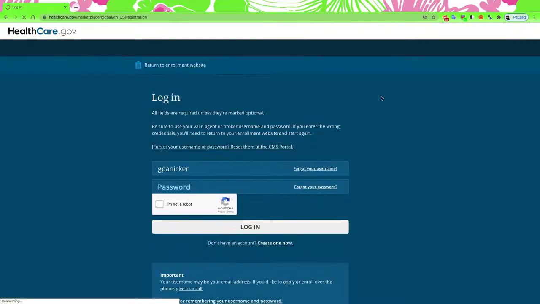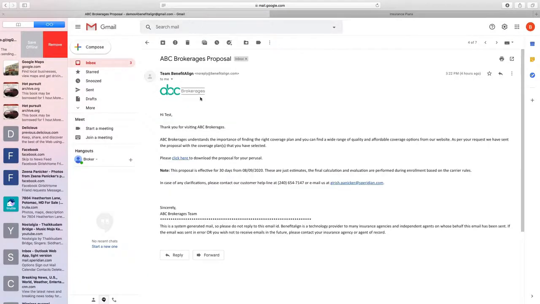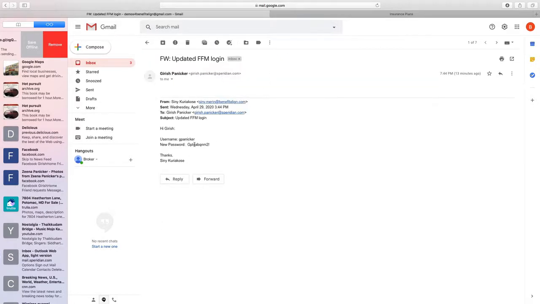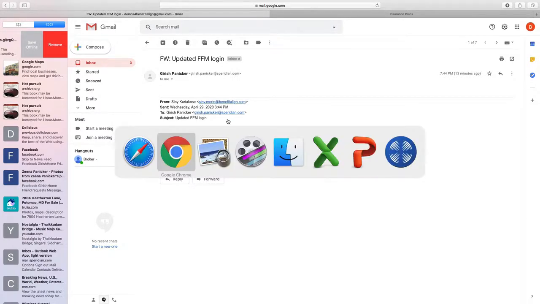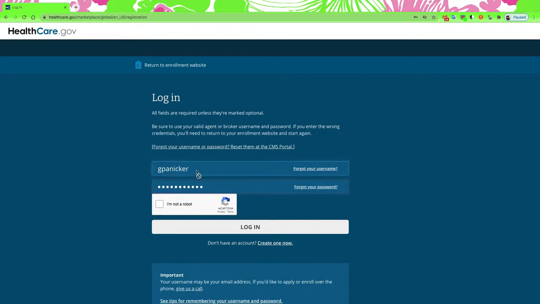Whereas here, let's say if you want to do only marketplace enrollment, all you have to do is go in, and let me just go through my marketplace ID, just 1 second. There you go. All I have to do is log into my own marketplace ID.